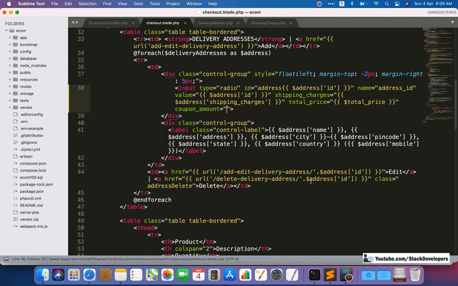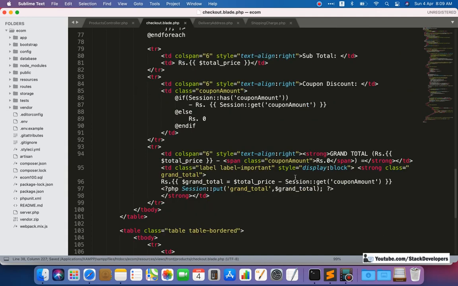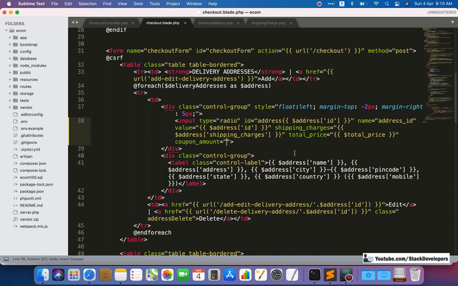And here in coupon amount, we will get the coupon amount. This is the coupon amount. Okay, so if it is coming, then we will get it as well, and we will return it as well. Okay, so that is fine. So we are able to pass shipping charges, total price, and coupon amount in jQuery,